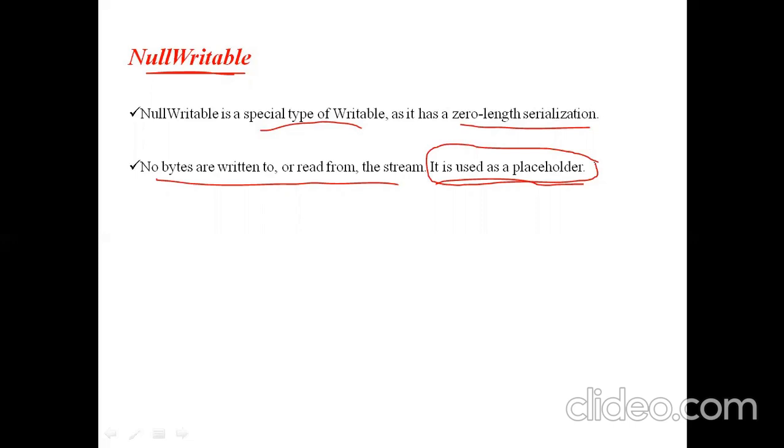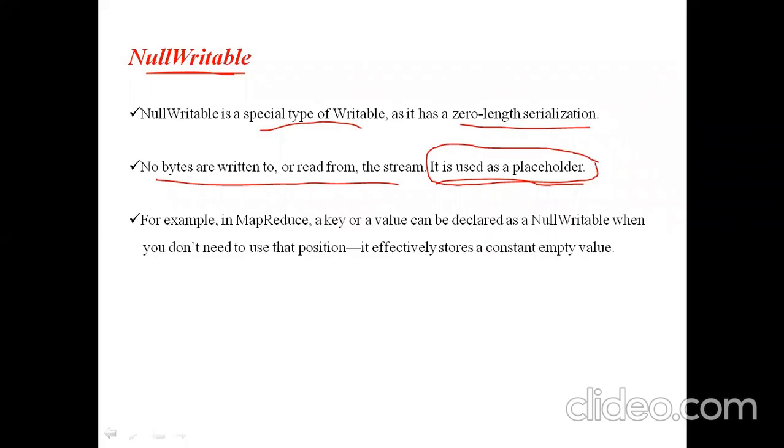It will keep your place for some time. That means null writable has no data to read or write; it only acts as a placeholder. After some time, whenever we get the value, we can replace it with the exact value.